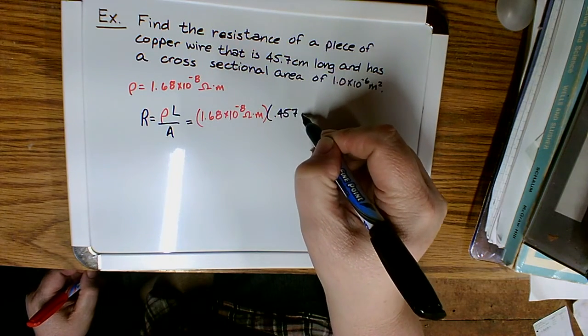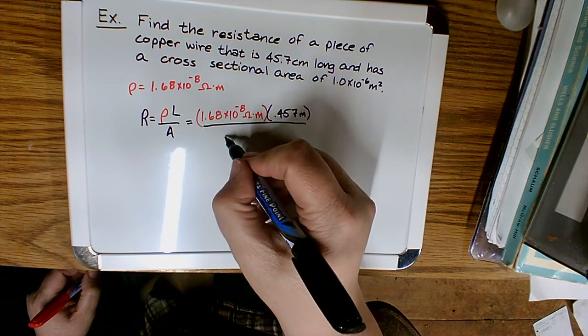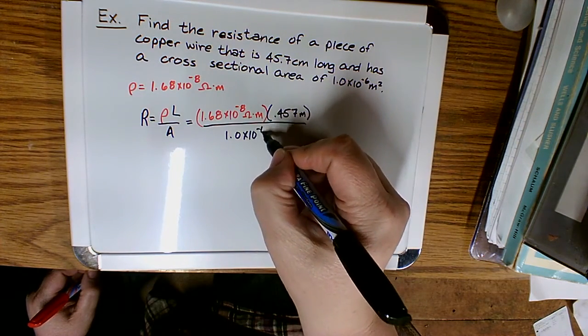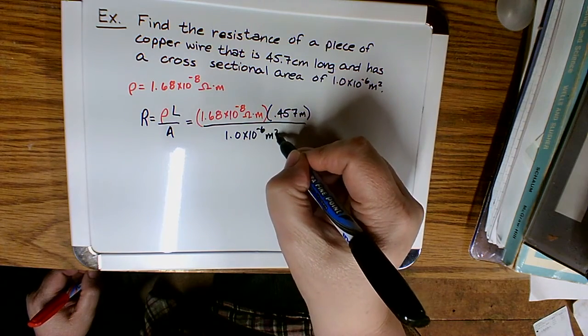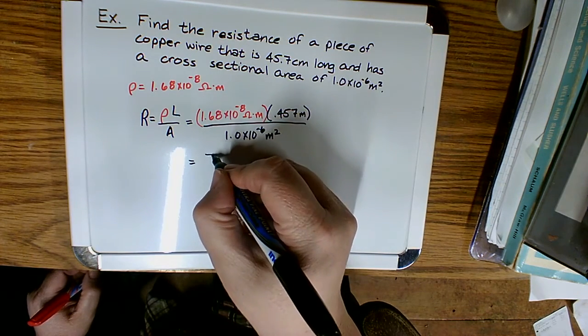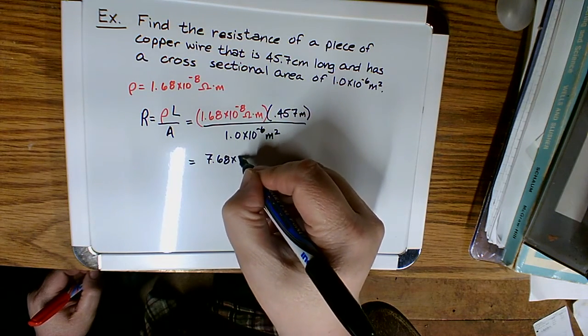And we're going to multiply that by the length. Now remember, the length here is given to us as 45.7 centimeters, but we need it in meters. So that's going to be 0.457 meters. And we're going to look for the cross-sectional area, which is 1.0 times 10 to the minus 6th